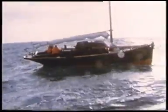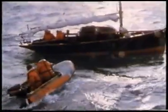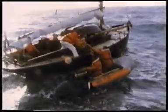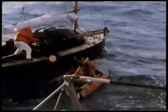Statistically, sailing is a remarkably safe sport, but occasionally problems can occur, and when they do, a difficult situation can rapidly compound itself into tragedy. Few of us, hopefully, will ever need the help of the Royal National Lifeboat Institution and rescue services, but how would our crew react